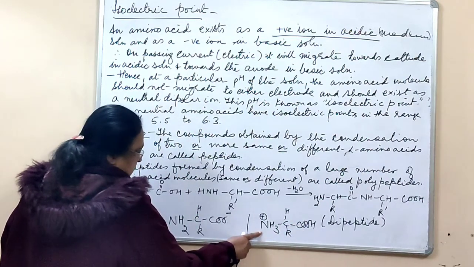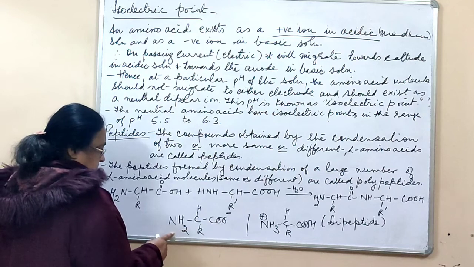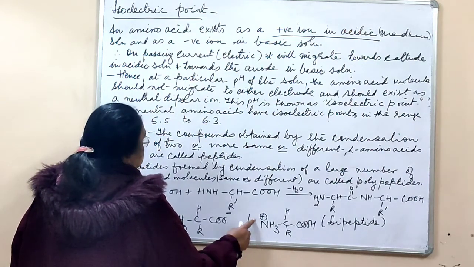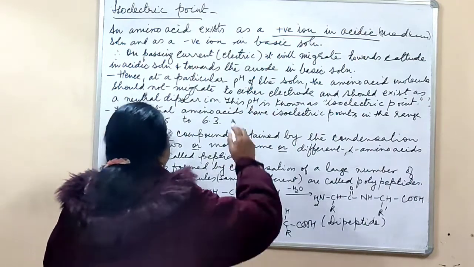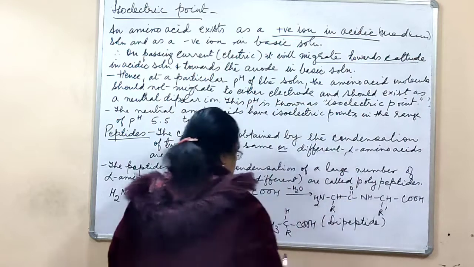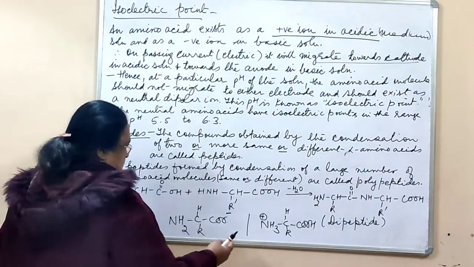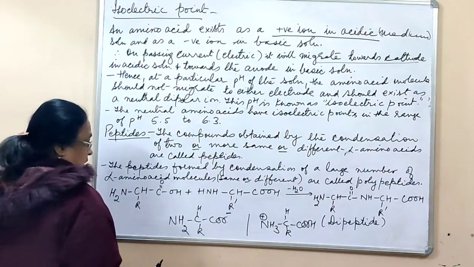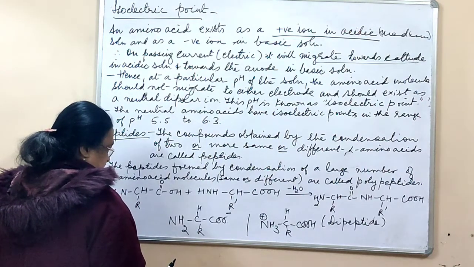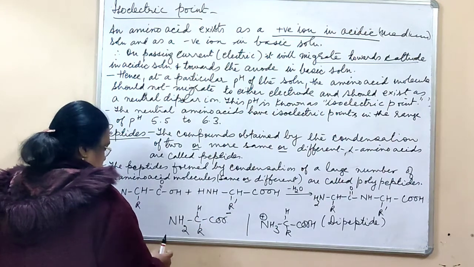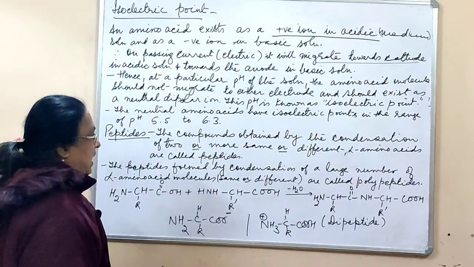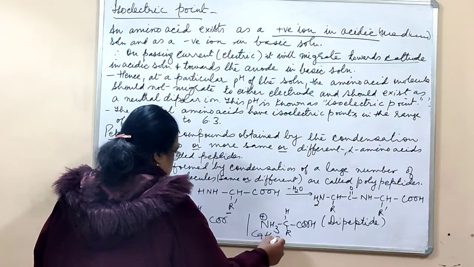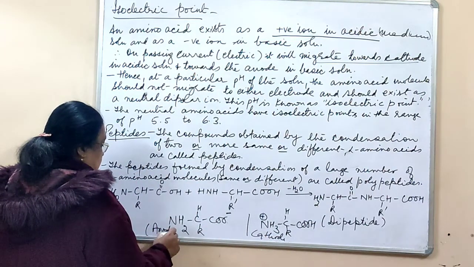Okay, this is when the medium is acidic. This form, negative ion form, when medium is basic. So in acidic medium, it is moving towards the cathode. Positive charge, so it is moving towards cathode. So on passing current, it will migrate towards cathode. So when medium is acidic, then amino acid molecule moves towards cathode because this positive ion is there. And reverse will be the phenomenon on passage of current. If medium is basic, alkaline, when this is having negative charge, it will be moving towards anode. So in acidic medium, it moves towards your cathode, and in this case, medium is basic, then it will be moving towards